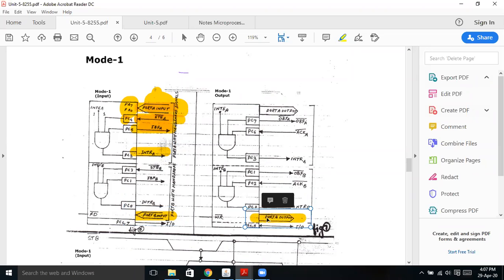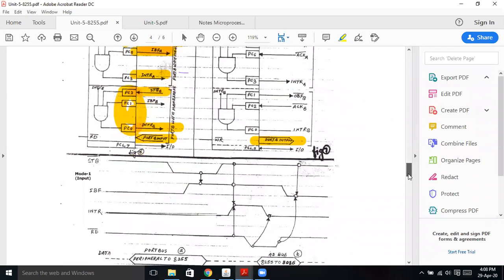You can send or receive the data through port B. This is an input port. This is acting as an output port. These three port C lines, PC0, PC1, and PC2, work as handshake signals for port B. In this case, PC2 again receives a stop signal. PC1 gives an input buffer full signal, telling whether port B is full or not, and PC0 gives the interrupt request acknowledgement signal to the external device, saying whether the interrupt is acknowledged or not. So this mode can work in input mode or output mode.